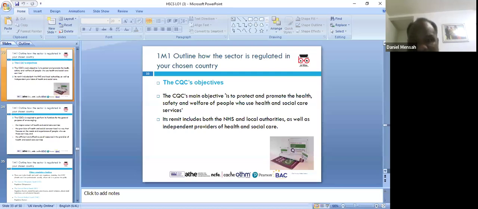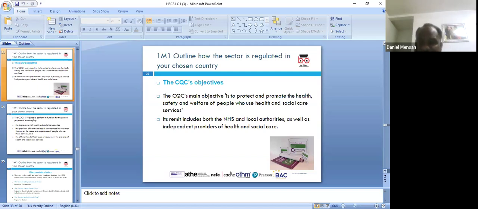So they protect and promote the health, safety and welfare of people who use health and social care. They protect the patients and also the workers as well. Okay. And that is why, if you're already a carer,